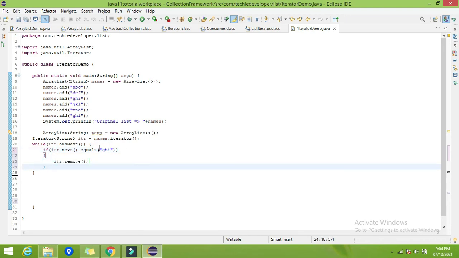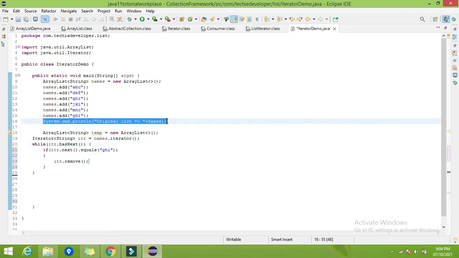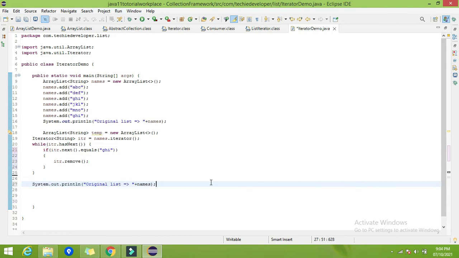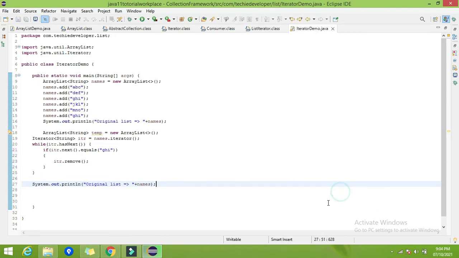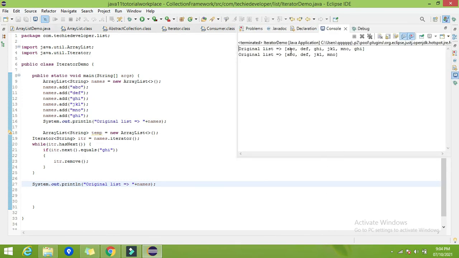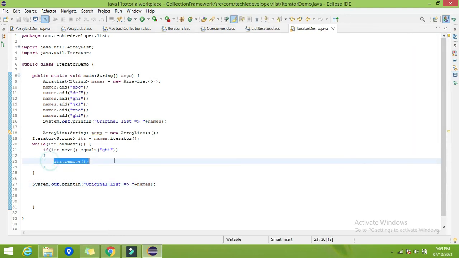Now let's try to print the original list. Here you can find ABC, DF, but GHI is removed, JKL, MNO. GHI had a duplicate, so GHI is removed two times from the original list. So that is all about the remove method.